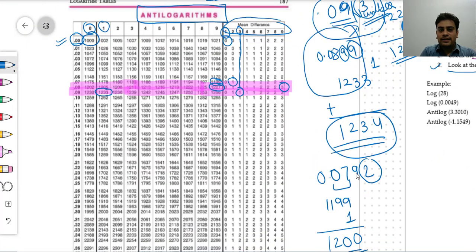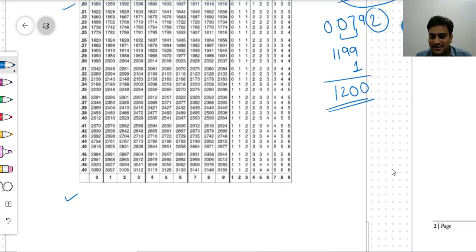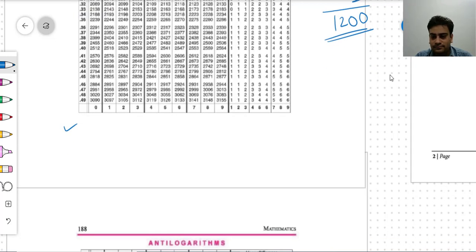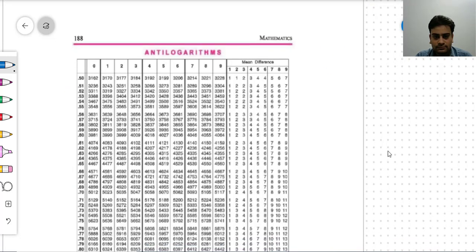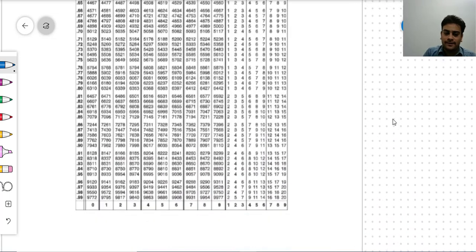So in this case also you can see that in the first column all my values are 0.01, 02, 03, 04, and it goes up to 0.49 on the first page, right? And in the second page, it starts from 0.50 and goes till 0.99. So simply your values after the decimal will either start from 0.01 or the maximum will be 0.99.